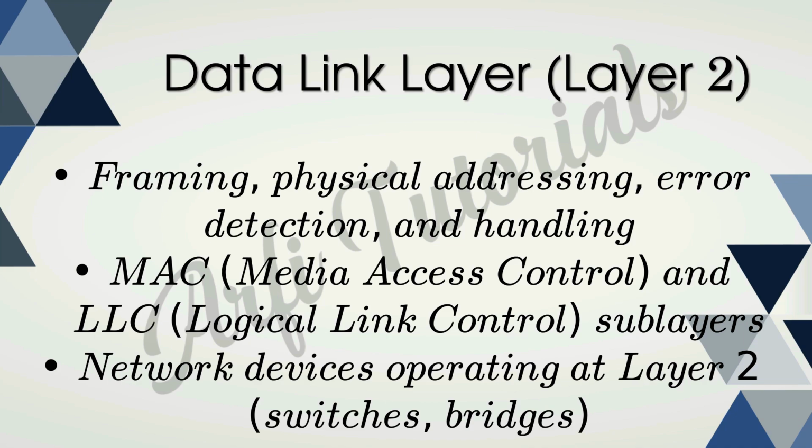One, logical link control layer. It is responsible for transferring the packets to the network layer of the receiver that is receiving. It identifies the address of the network layer protocol from the header. It also provides flow control. Second, media access control layer. The media access control layer is a link between the logical link control layer and the physical layer. It is used for transferring the packets over the network.